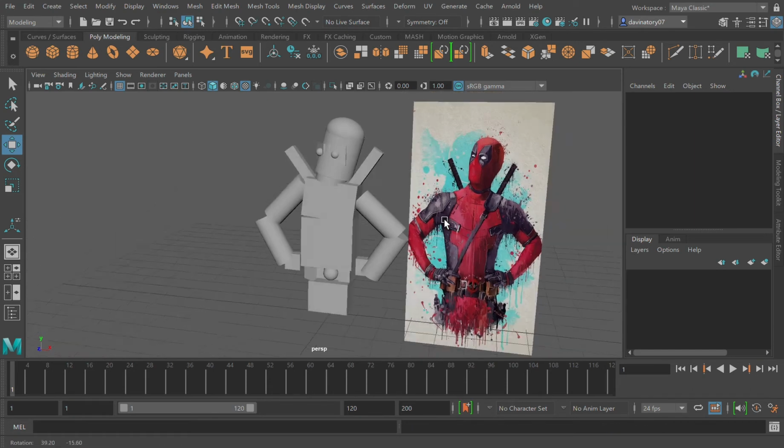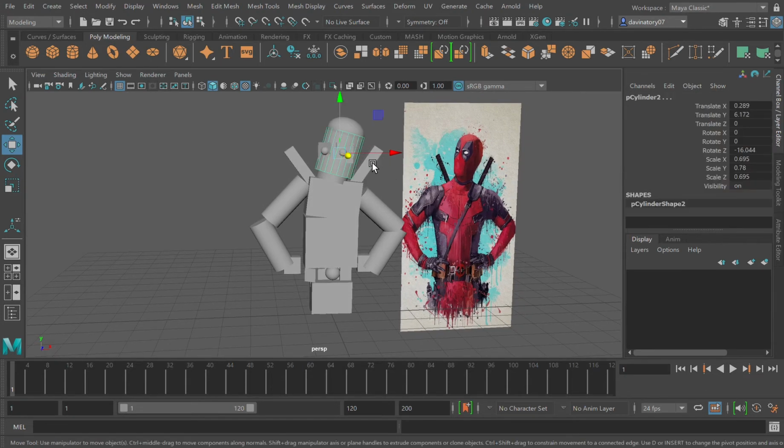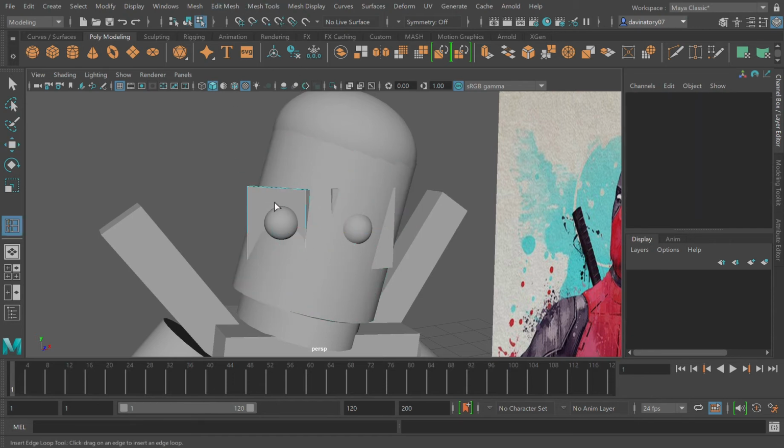Today we're going to get to our high poly of Deadpool. This part is going to be very interesting considering how much we need to do. So let's start out with the head. I think the key thing we're going to need to do is mostly these eyes here. I did say we were going to move these back, which we will do later on in the video. So let's first get ourselves some edge loops that we can put here to make these a lot less of,